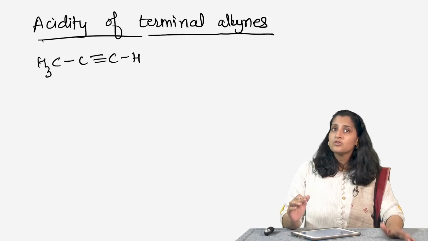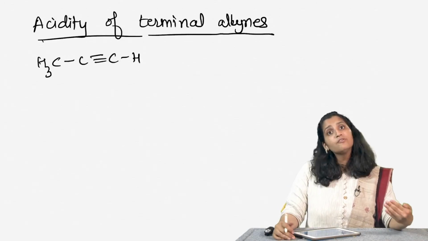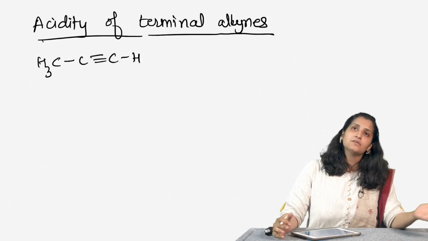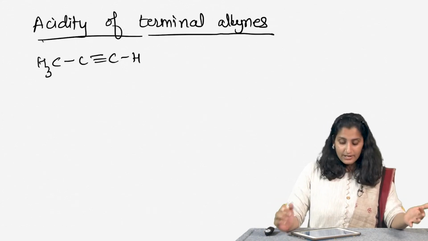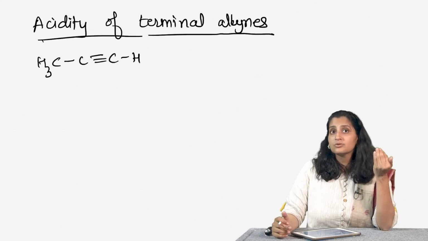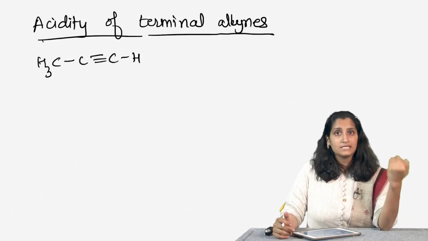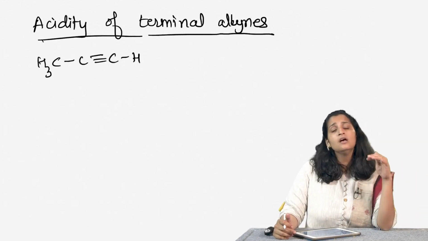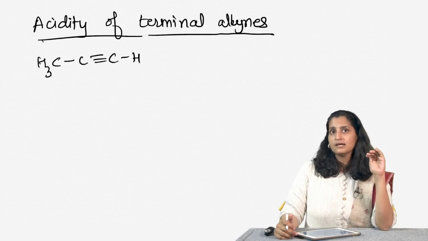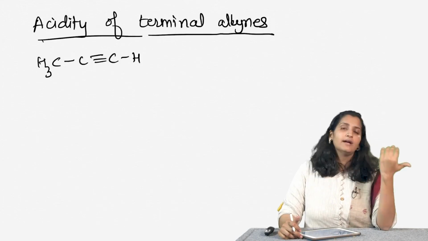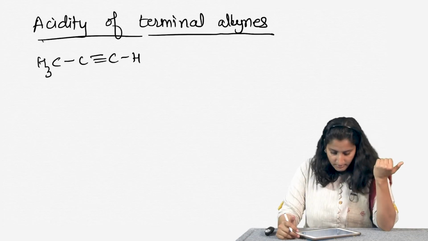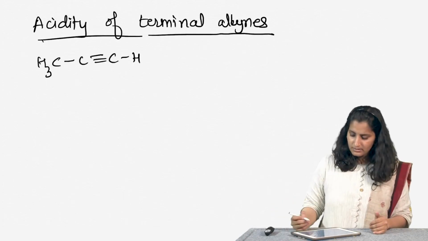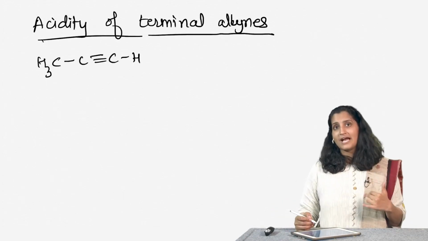But there are also some differences, and one of the major differences between the chemistry of an alkyne and the chemistry of an alkene is that the hydrogen attached to the triply bonded carbon, or sp hybridized carbon, in this case is sufficiently acidic that you can remove it via an acid base reaction. Okay. So, let us look at this particular reaction, and this gets us back to our acid base reactions and